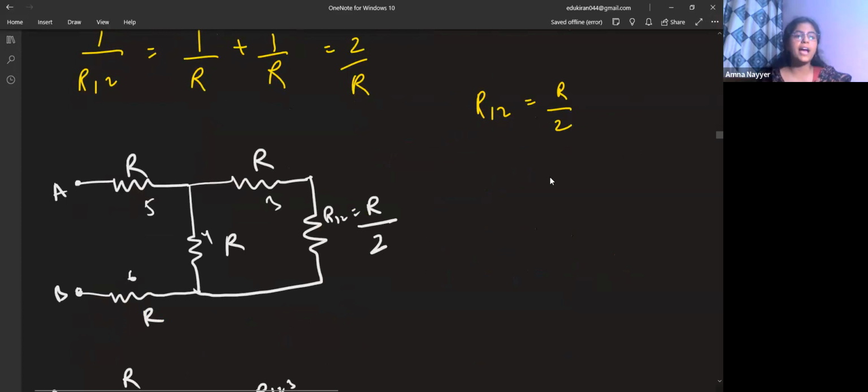See, this is what we have now. Instead of first and second, which were two separate resistors, we have combined them and now we have obtained a single resistor whose value is R by 2, right? Individual values were what? R and R, right? Now we have R by 2. So R12 has been simplified. Now,